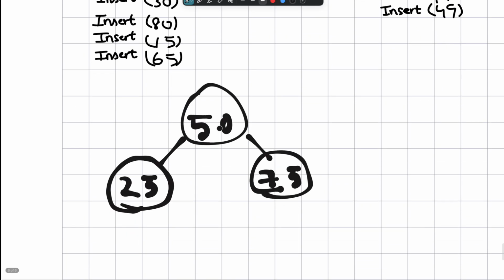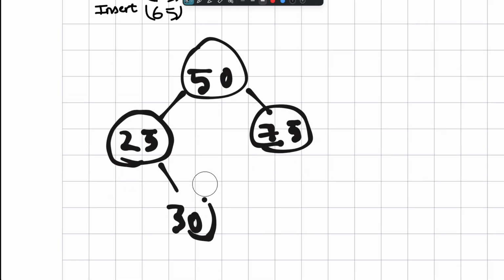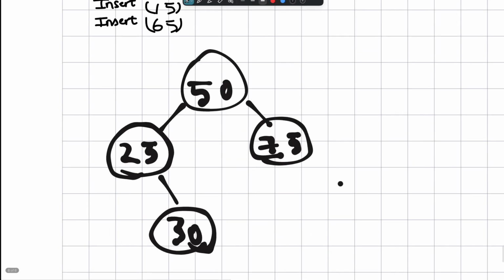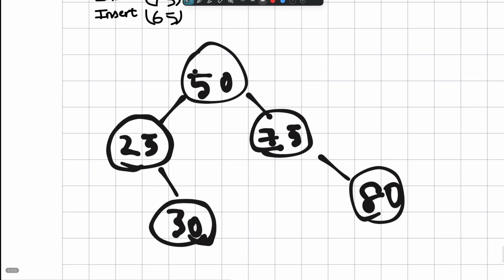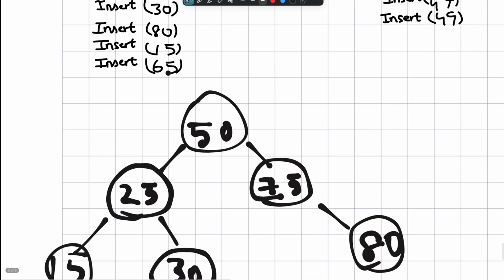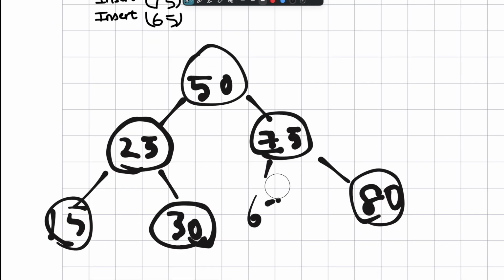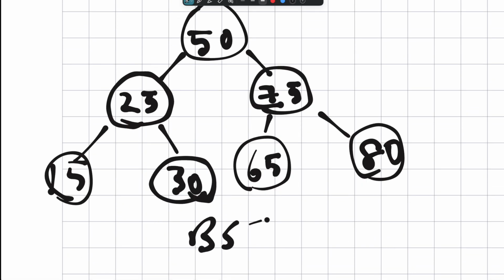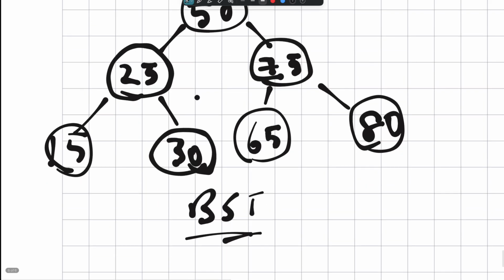And 30 is less than 50 and it's greater than 25, so it comes actually here. And 80 is greater than 50 and actually greater than 75 too, so 80 comes over here. And then you have 15, which is less than 50 and less than 25, which comes over here, right? And then there's 65, which is greater than 50 and less than 75. 65 actually comes here. This looks like a beautiful binary search tree, and it actually is. So every element searched here is actually going to take O of log n time,